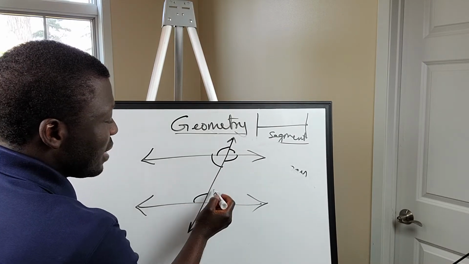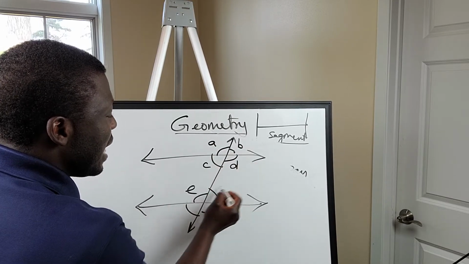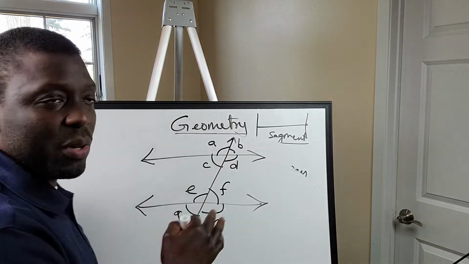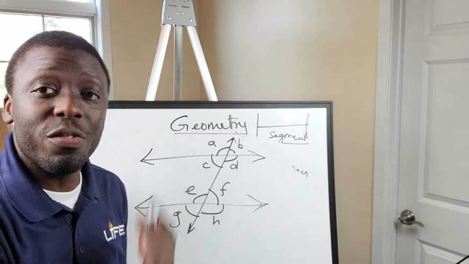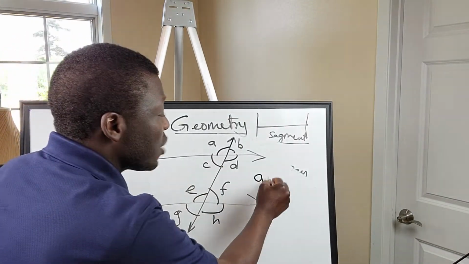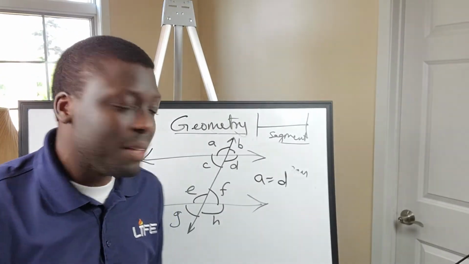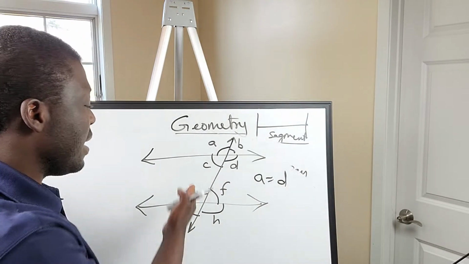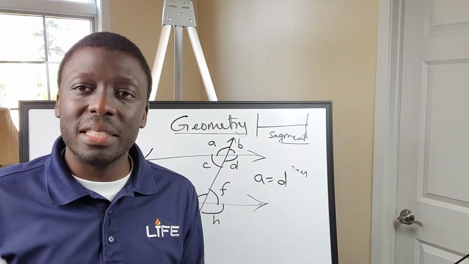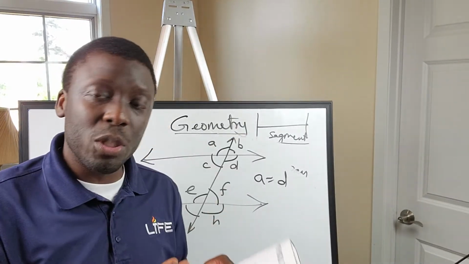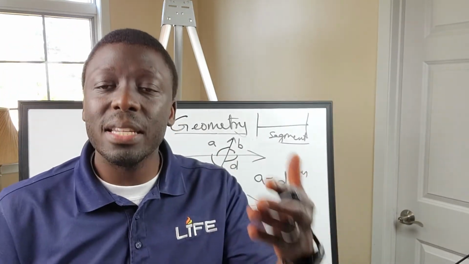The moment you draw a transversal, it creates a situation where we now have all these angles. We have A, B, C, D, E, F, G, and H, if I label them with those letters. That means these angles have relationships to one another. A has a relationship to D. They're actually equal. This is just me introducing the parallel lines idea. A is equal to D, and B is equal to C. E is equal to H, and G is equal to F, and so on. So when you have a transversal drawn between two parallel lines, a relationship begins to exist. In geometry, you're going to learn about parallel lines and transversals.